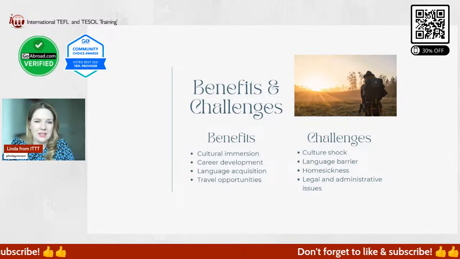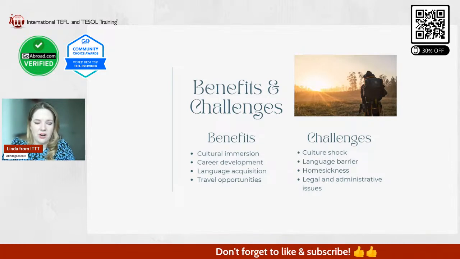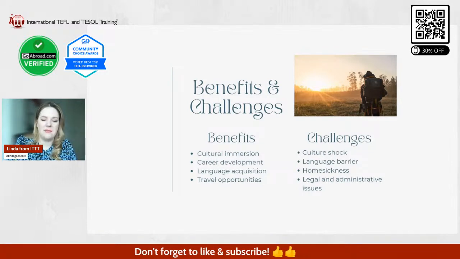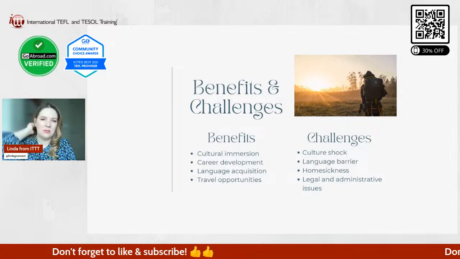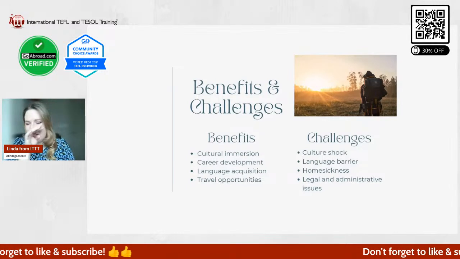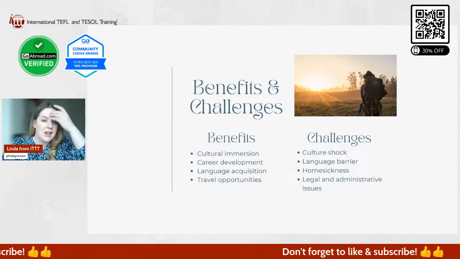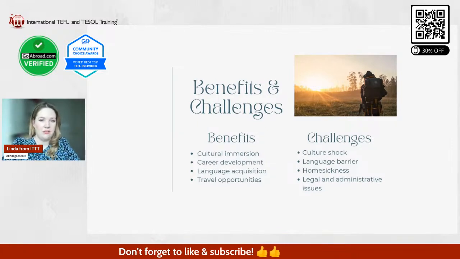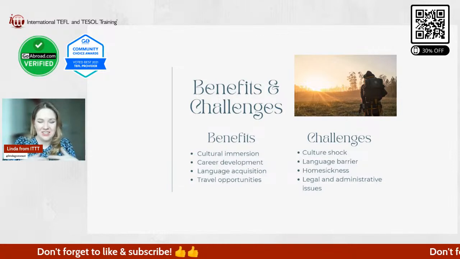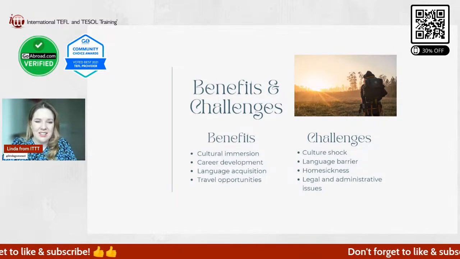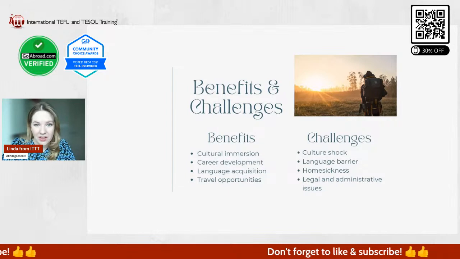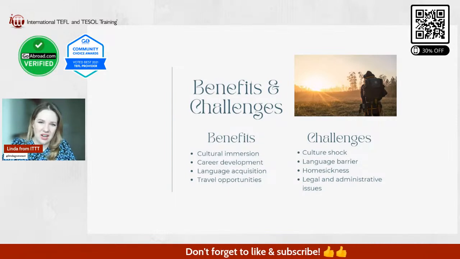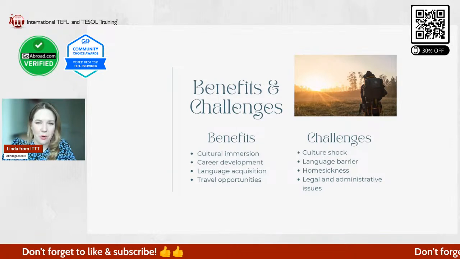And this can really be a big challenge. A lot of private schools, not a lot of them, but some of them, do some shady things to their foreign teachers, because as the foreign teacher you are unaware of the local laws and legal things, right? So they try to maybe make you do things that legally you don't have to do. So just inform yourself. But it's a bit tricky.